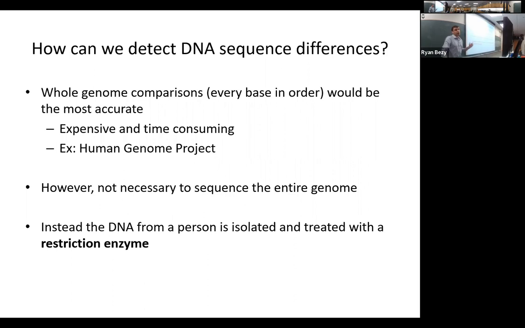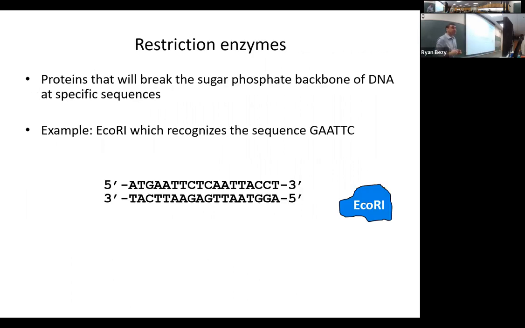I'll go through it right now. So you start off, you isolate DNA, and you could just do this with a hair sample or by swabbing the cheek cells. Your cheek cells are constantly what's called sloughing off. So you just rub a swab against it, and you get tons of cheek cells with tons of DNA in there, for instance. Now, what you do is you isolate that DNA from a person, and then you treat that DNA